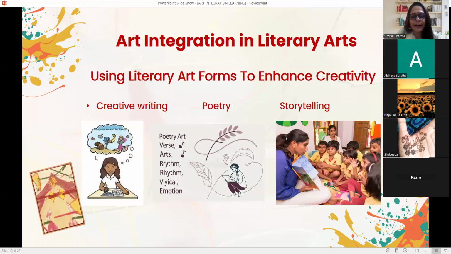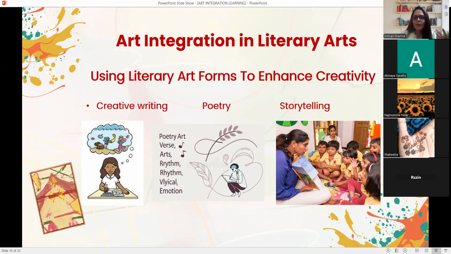Moving on to art integration through literary art. Look at the first diagram. What do you understand here? The student is doing creative writing. It can be on any topic, on marine pollution, or imagination, a fictional story about mermaids. Poetry can be used to learn tables by rhythmic clapping or foot tapping. Tables, or the periodic table, or you can learn the reactivity series. This poetry can be used in different ways, or rap music.